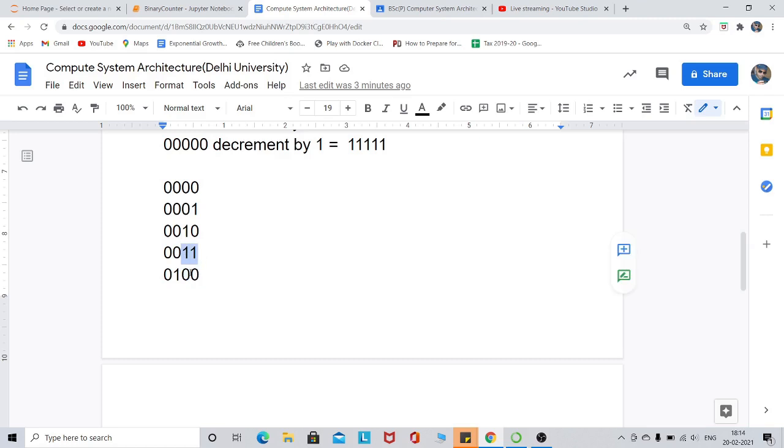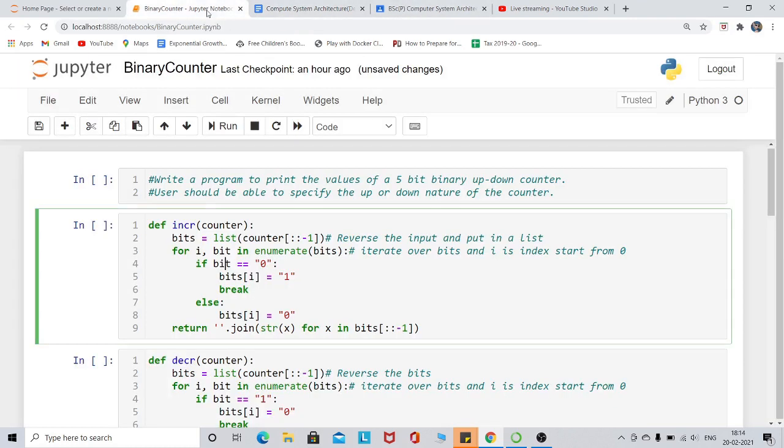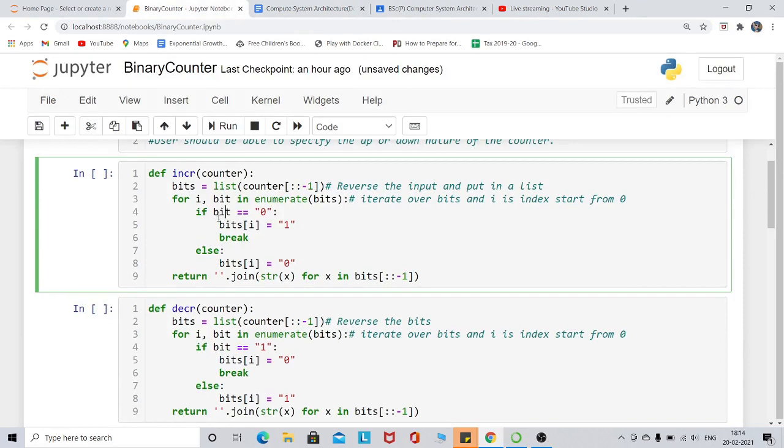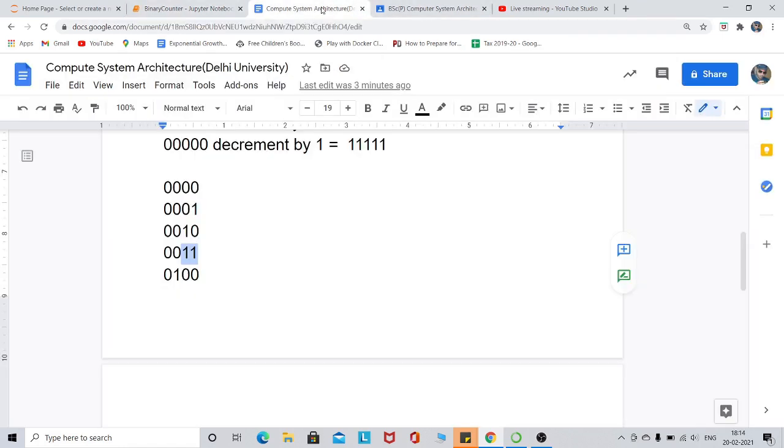So let's see, if the bit is either 0 or 1. In this case, if the bit is 1, we move to the else part. In that case, I convert bit 1 to bit 0. This is the logic.